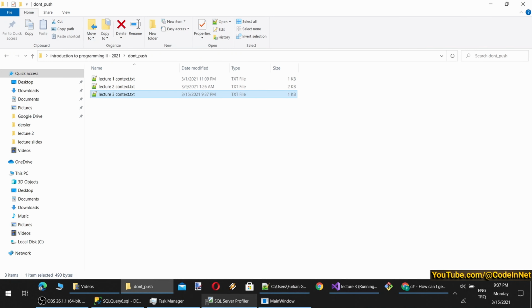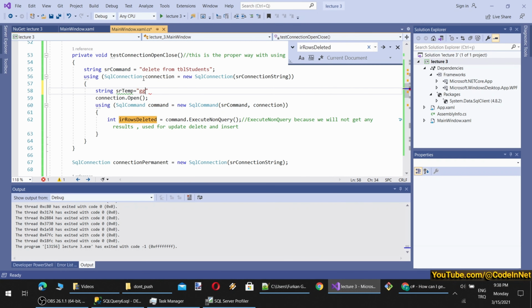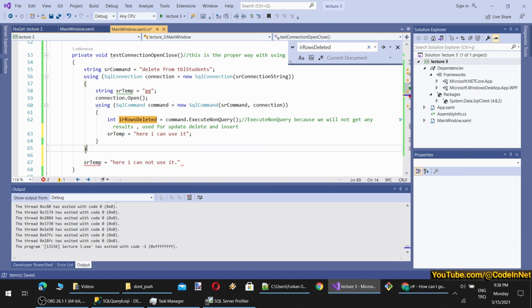Okay, in using statement, let me show you an example. For example, I have defined a variable like this. Can I use it here? Yes, here I can use it. However, can I use it here? Here I cannot use it because this object will get disposed when you are out of scope of the using statement.